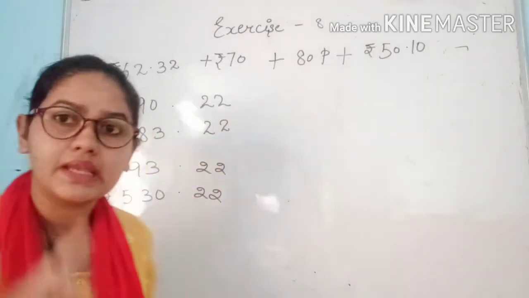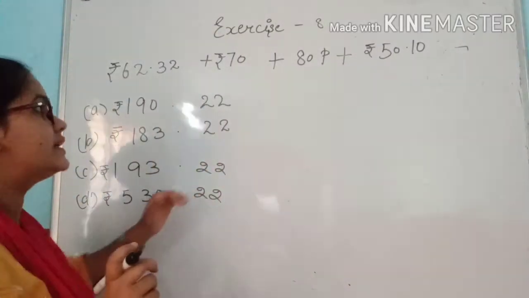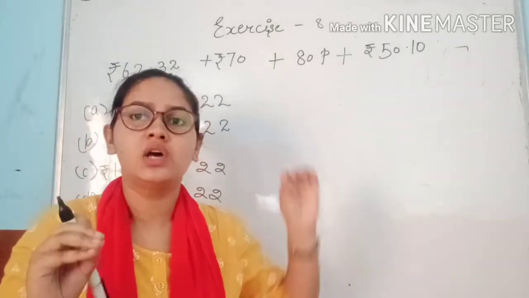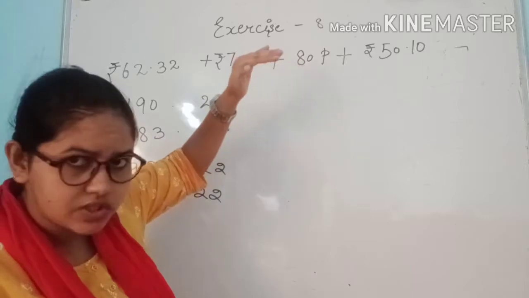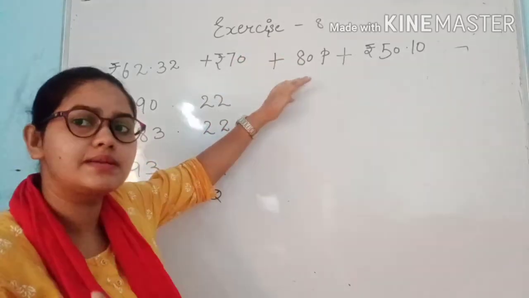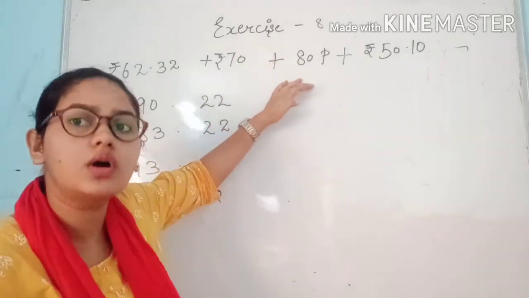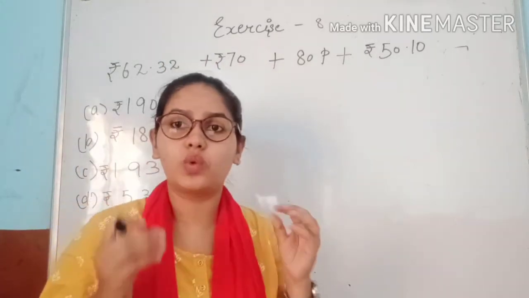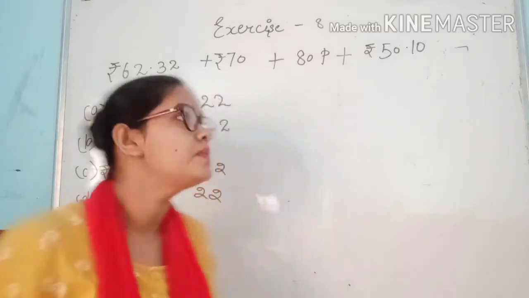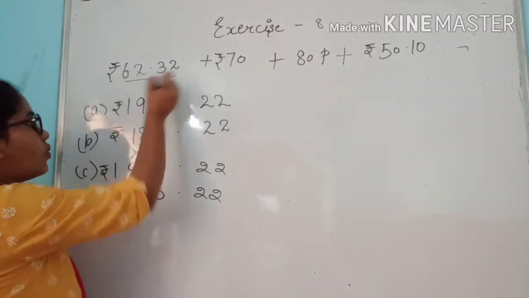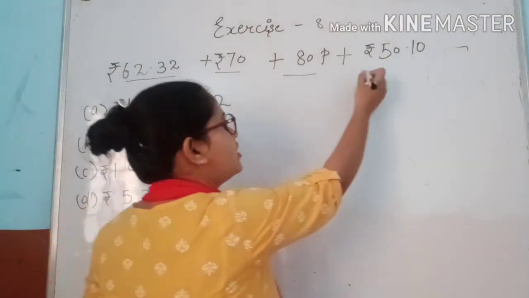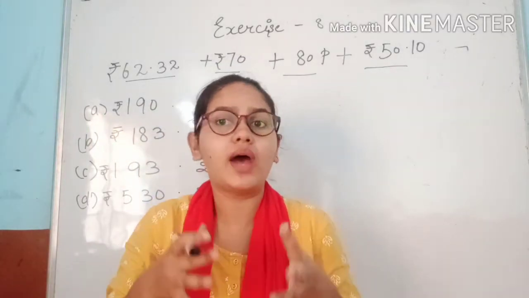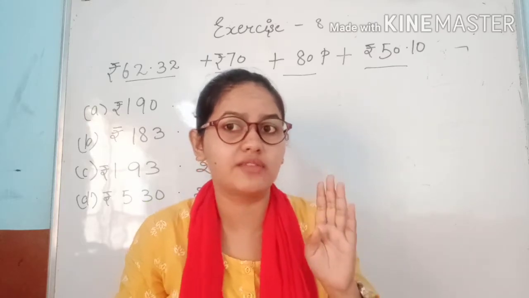Students, remember we have to understand the equation which is given to us. Firstly, look at that equation, which is similar to the equation given in your test. Firstly, understand what kind of statement it is. Now you can see here is 1, 2, 3, 4. So 4 amounts are given to us and we have to add them.